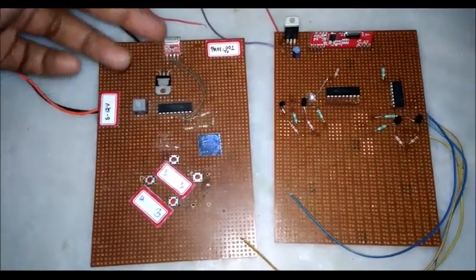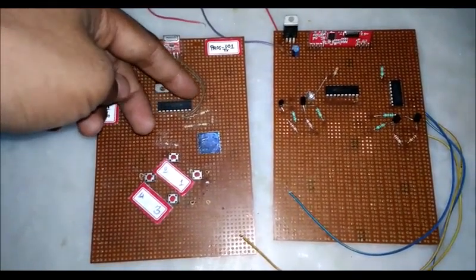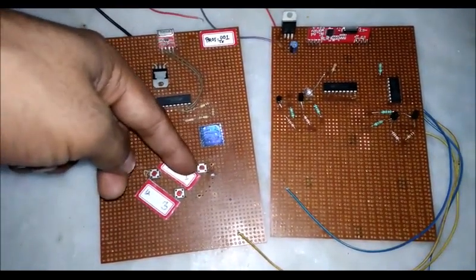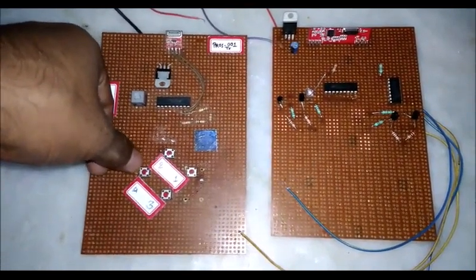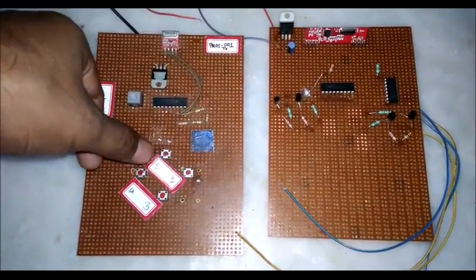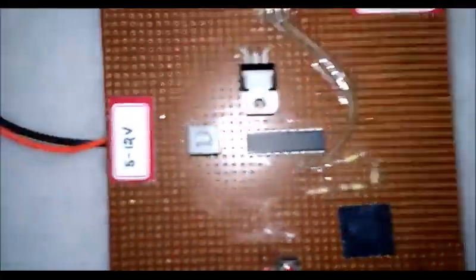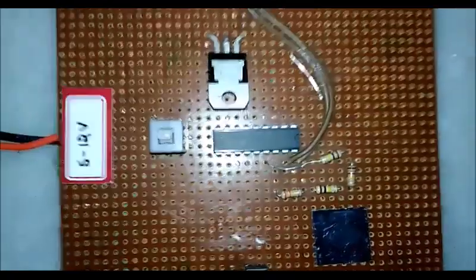5 volt or under 5 volt, and because this IC is so sensitive about voltage. Here I have connected some push-to-on switches. You can see that I have written some numbers here. Actually, there is a very important relationship with these numbers while you create the receiver. Here you can see that this is the ST12E IC. We have lots of pins, and if you see at the back,